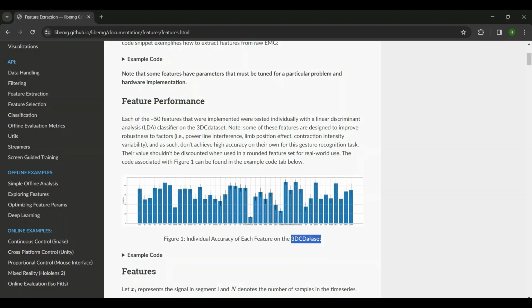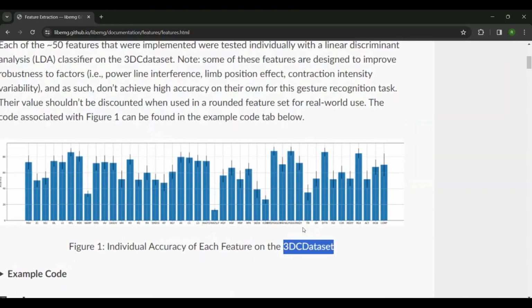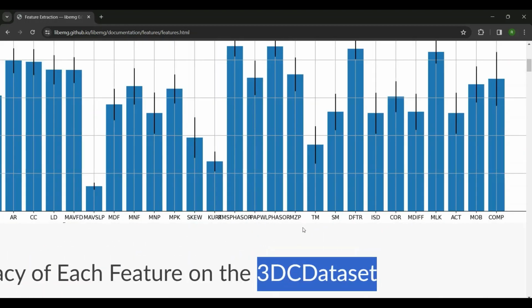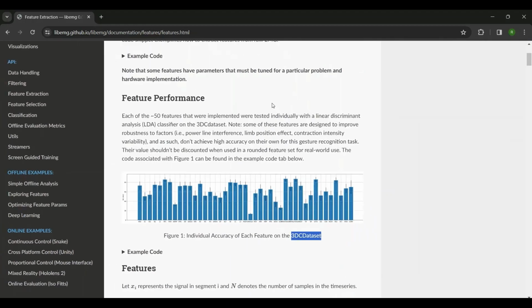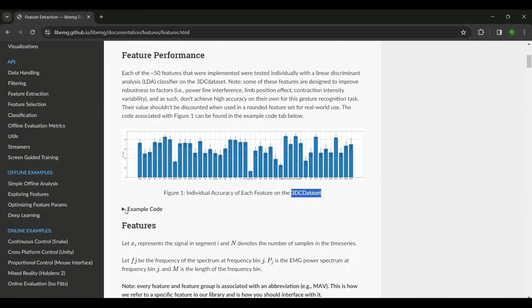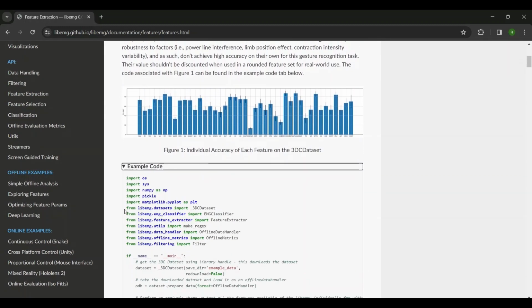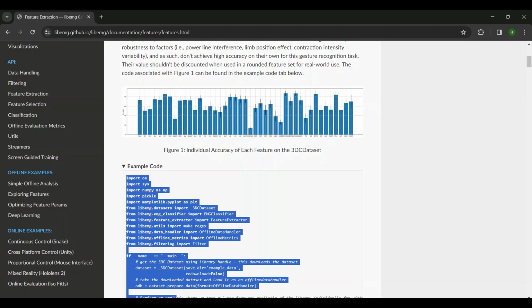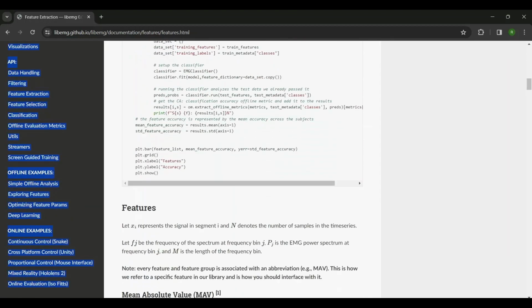This is an armband with 10 EMG sensors sampled at 1000 Hertz. And there are, I think, a number of classes like hand movements, like 10 or more. And they are trying to identify these by using a typical machine learning framework with different features. I believe the best performing features over there that they have shown were the RMS phasor and the waveform length phasor. So we might be able to compare to those features. Let's get the code from those guys because they were very nice and put everything for us over there for free. Let's just grab this,